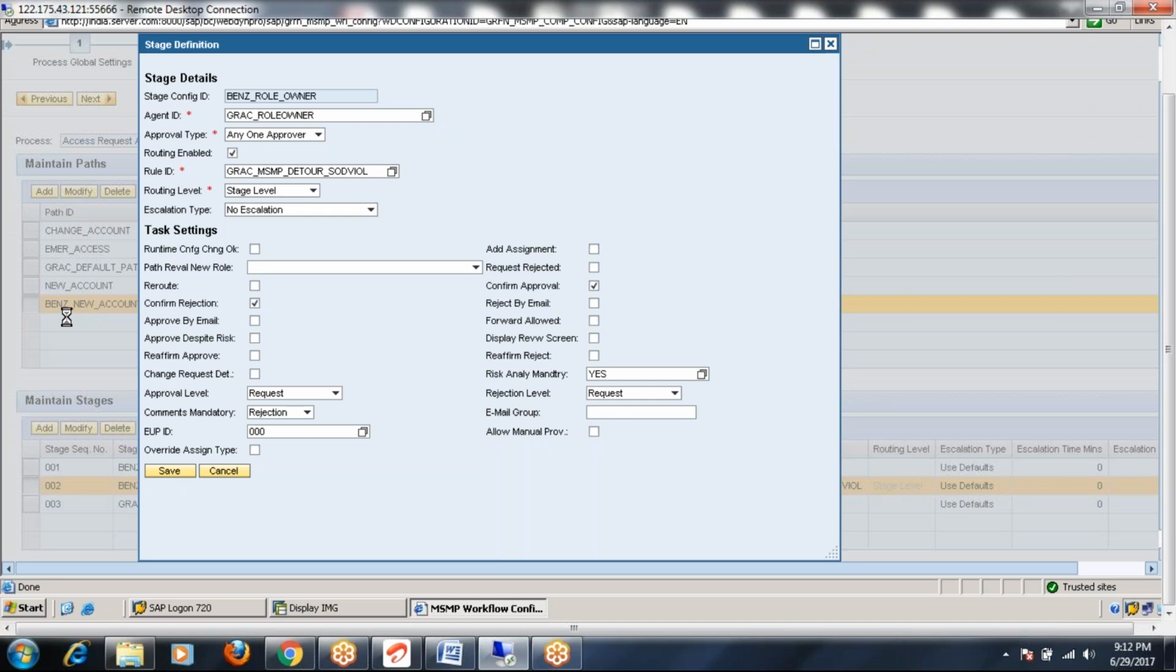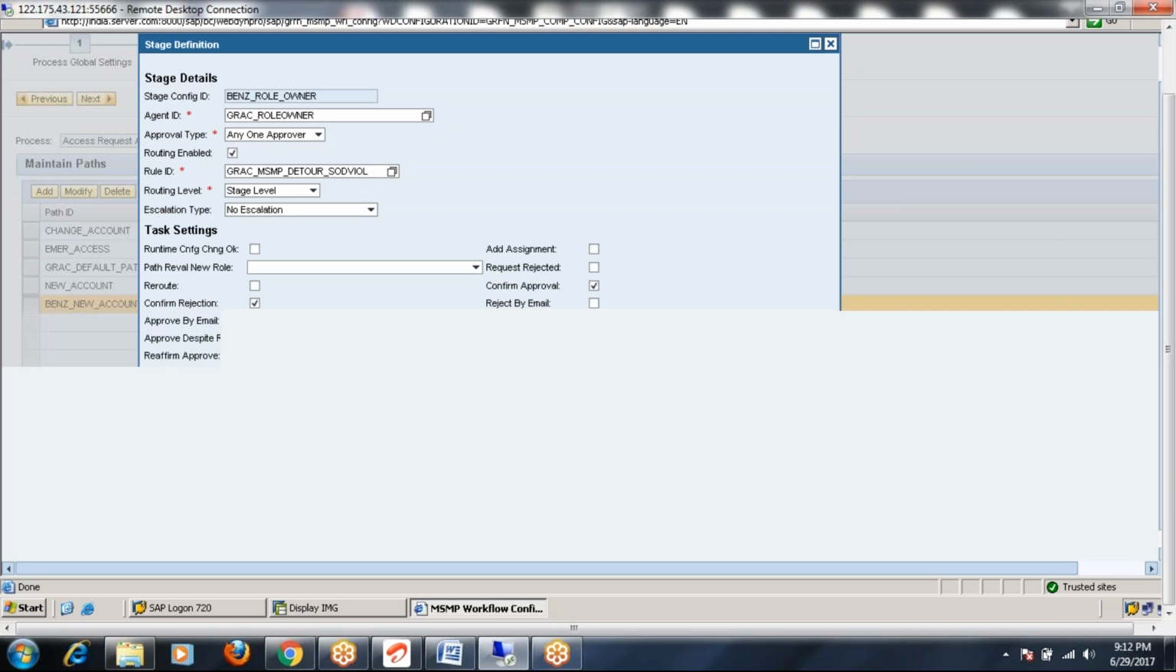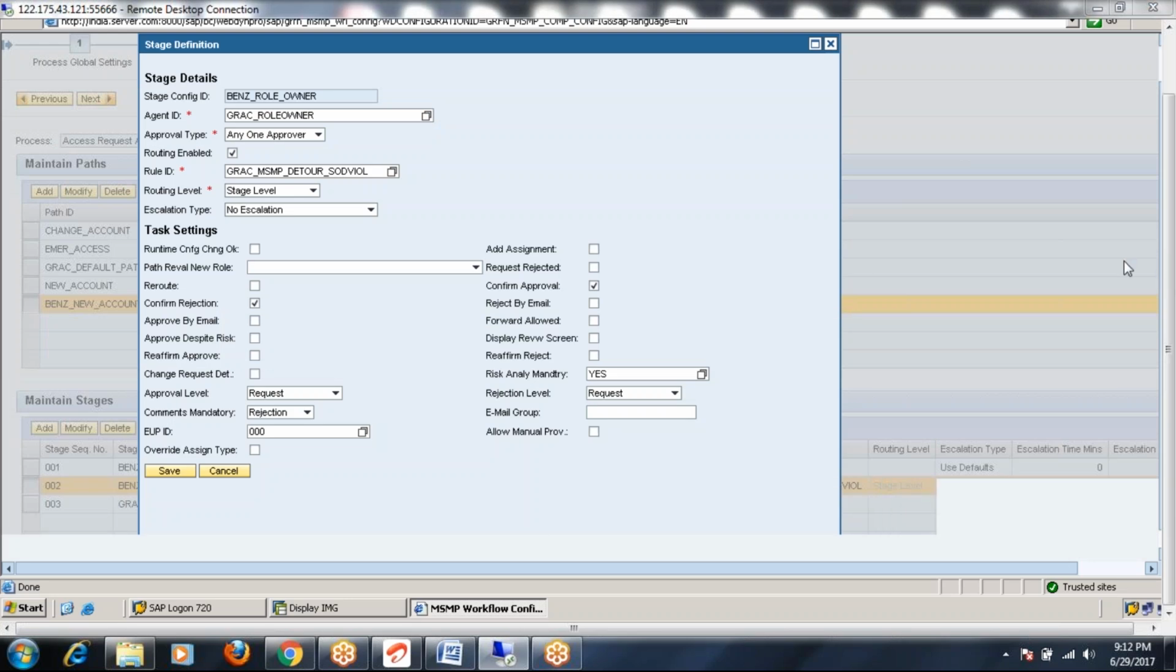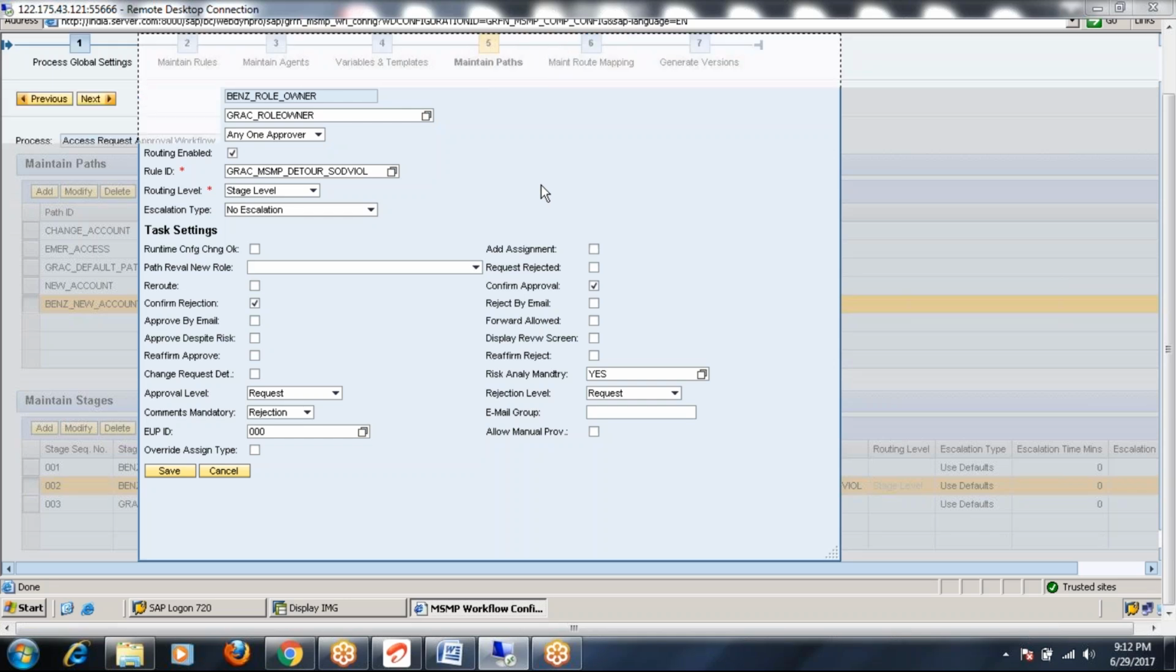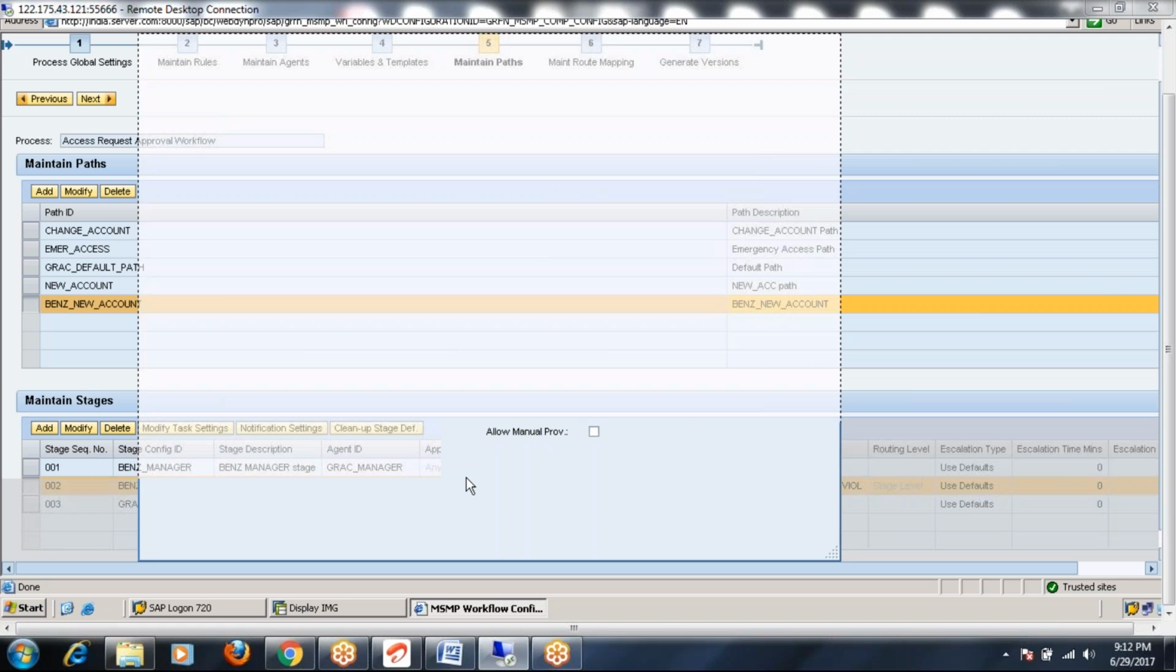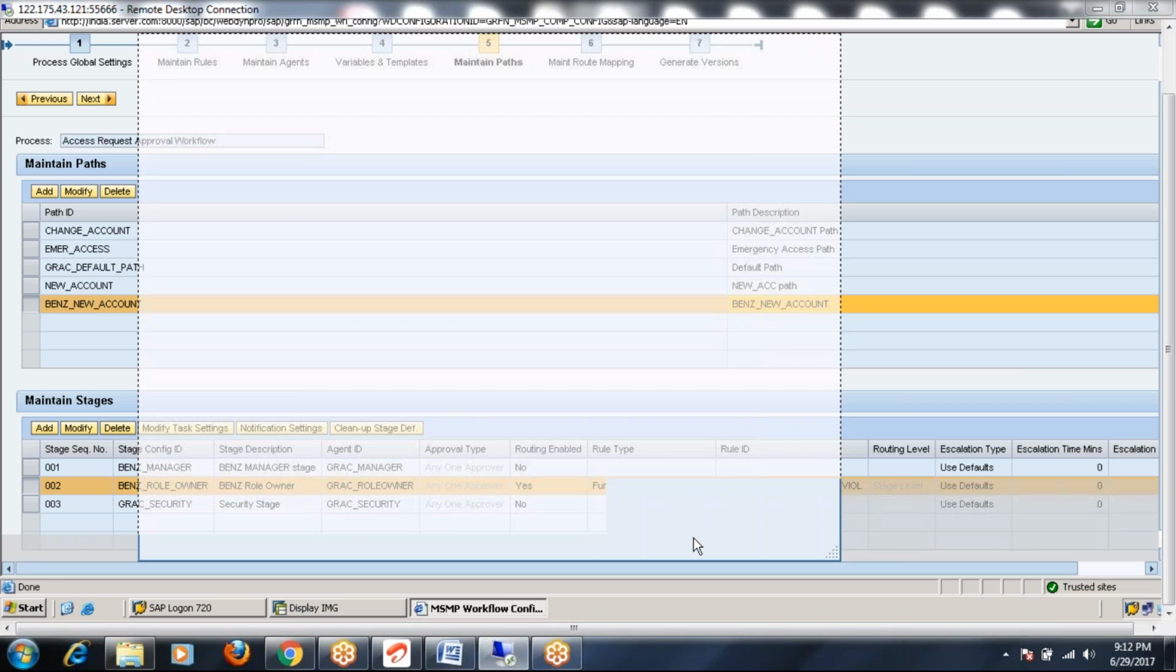Sridhar, actually I have one doubt in the role owner stage. When the routing is triggered, does the role owner perform the SOD risk analysis? See, in this stage we have taken risk analysis as mandatory, correct? Yes, correct. So when he does the risk analysis, if risks appear,